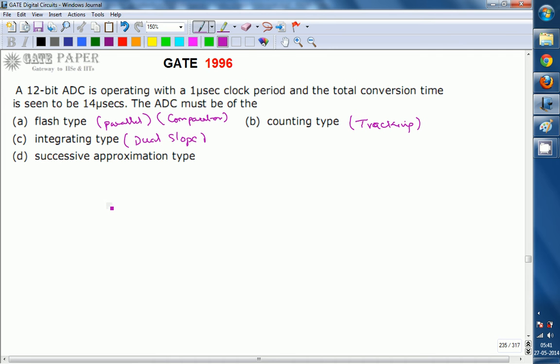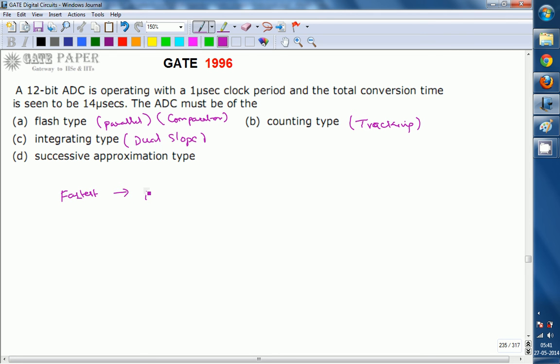So if a 12-bit ADC is finding 14 microseconds as total conversion time with a 1 microsecond clock period, what is the type of ADC? Is it flash type, integrating type, counting type, or successive approximation type? We must know a few basic things related to the ADC so that we can identify this one. Out of these four types of ADCs, the fastest ADC